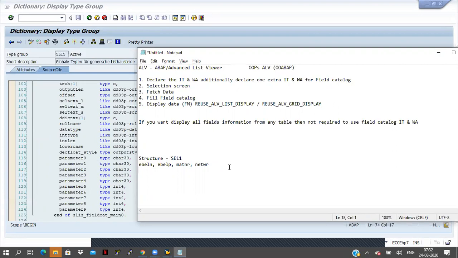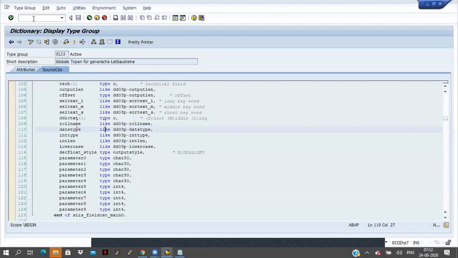So instead of that, they are binding all the 6 or 7 structures into a single group. They are binding 6, 7 structures into one single type group. So one group, that is the type group here.